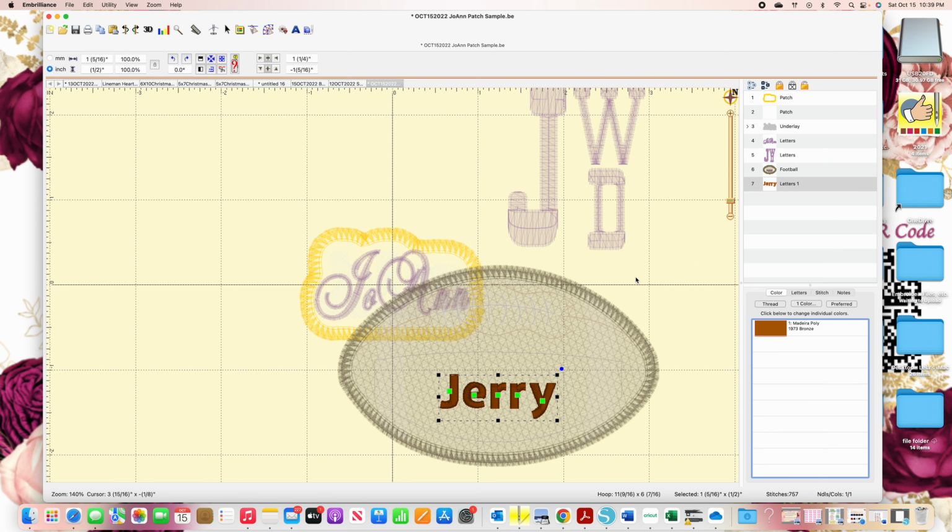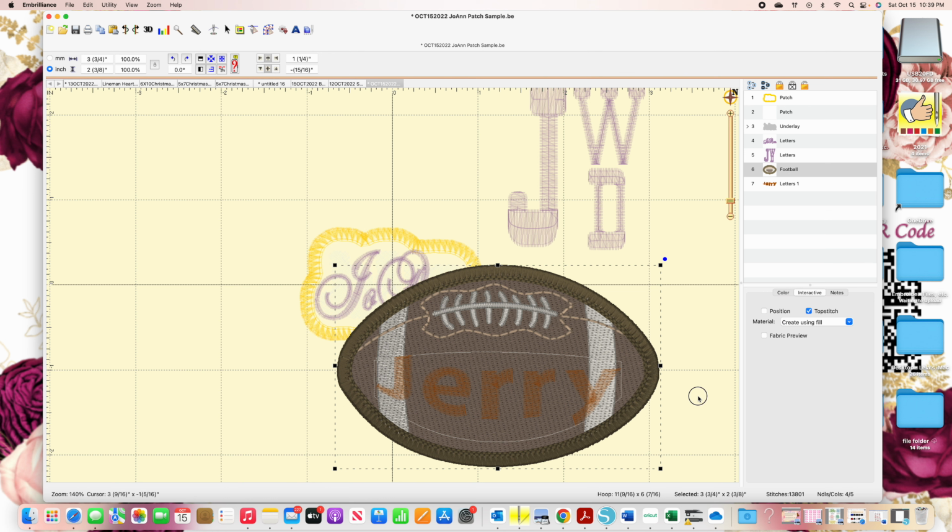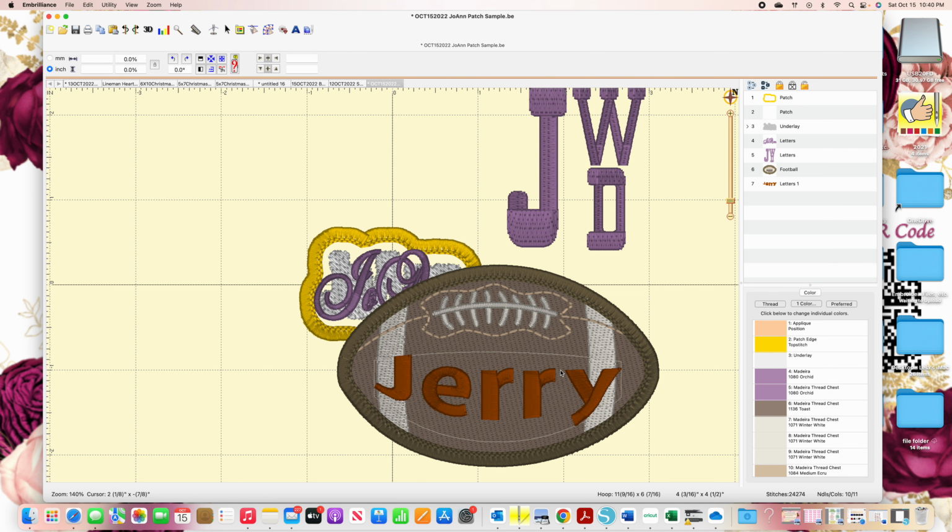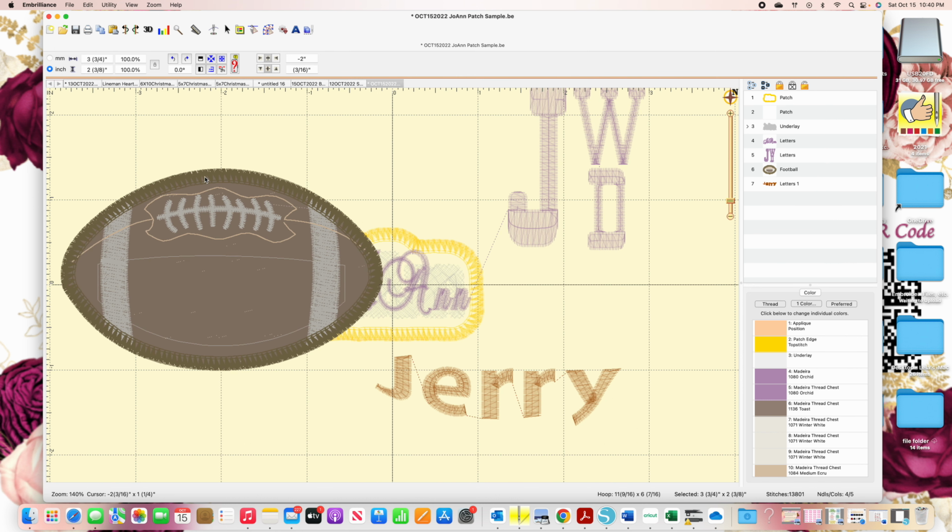Bronze. Okay. So you can change the color of the letters. I think Embrilliance is getting tired. Sometimes it'll just go out on me. So you can change the color of letters. You can go in here and if you want it with the, I think this might be an essential function that I'm going to show you right now too. But if you wanted to,